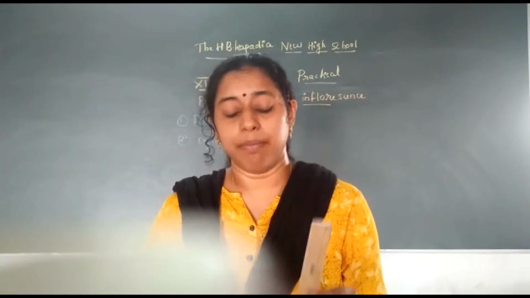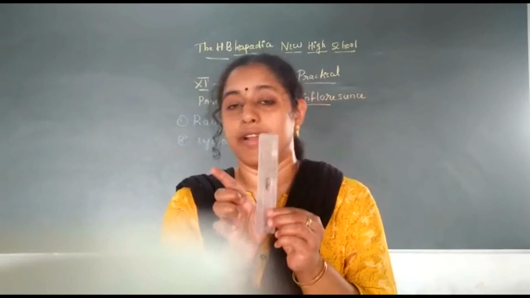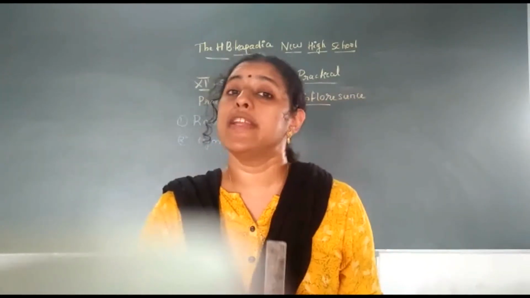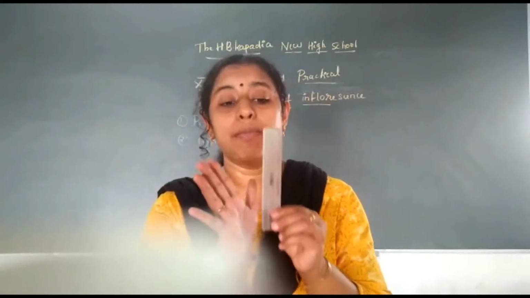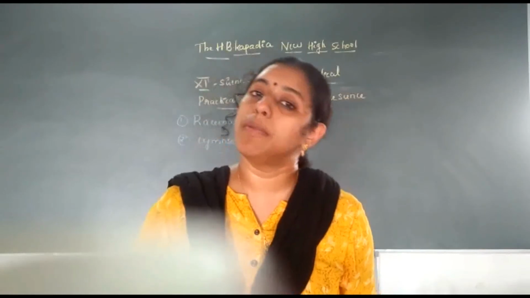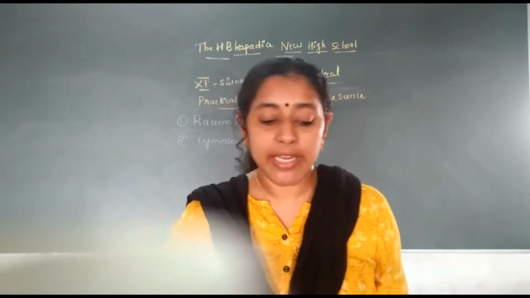Okay, for example, if it is a floral axis, then the flowers are borne on the lateral side. If a single flower is born, then it is called uniparous. If two flowers at a time, if the floral axis is divided into two axes, it is called biparous. And if it is divided into many branches, then it is called multiparous.